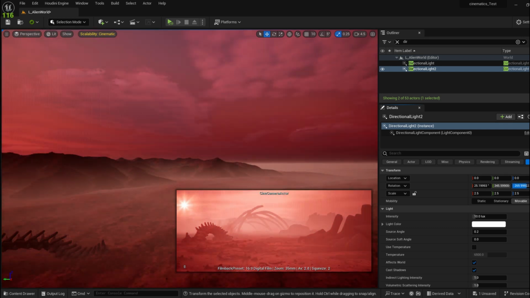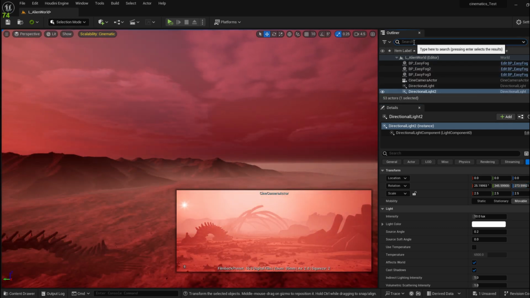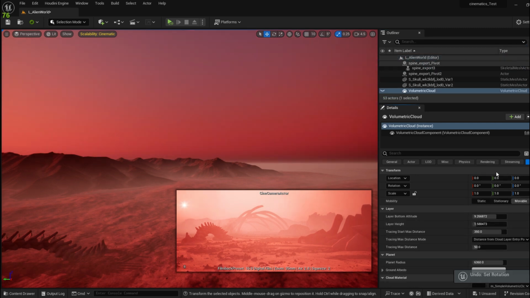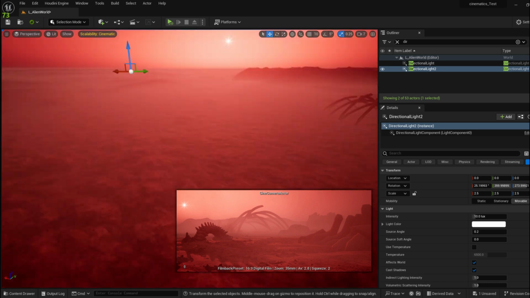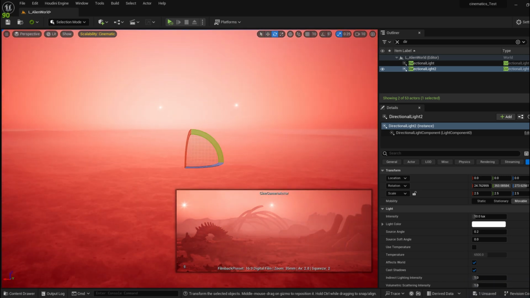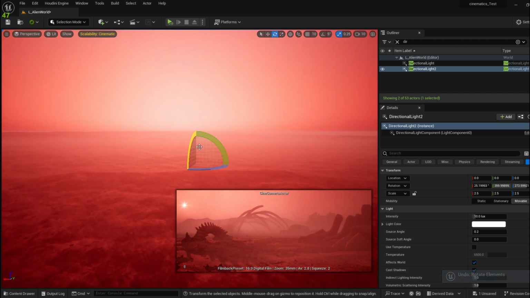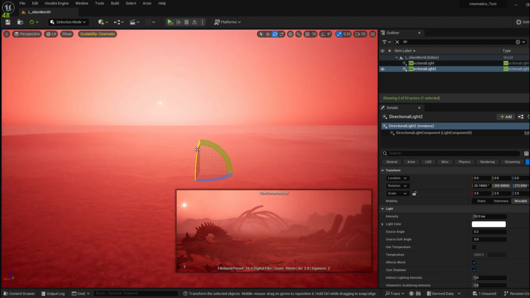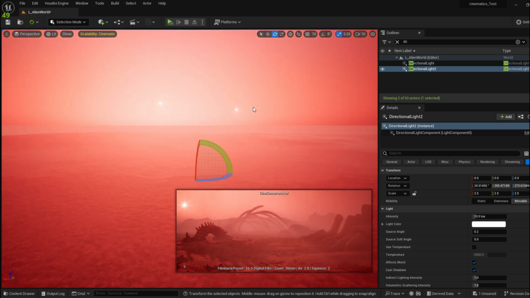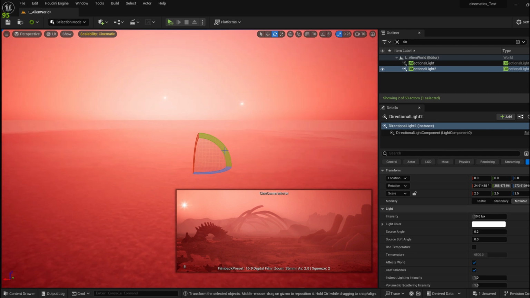I think I should disable the clouds for now so I can view this better. I can also use this gizmo to control my sunlight. So if I do something like this, you're going to notice that our sun is popping out from here. So if I rotate this from somewhere over here,